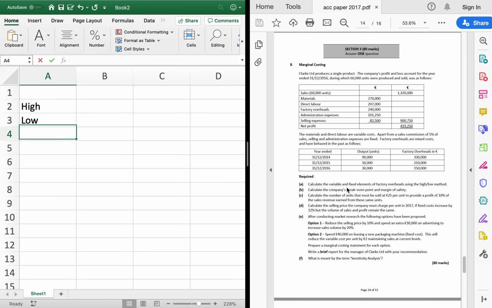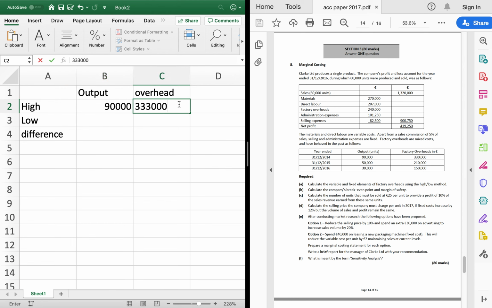So the high-low method is high-low and difference, and it's used as a simultaneous equation around units in euros. So we go output and overhead in euros. We just pick any two levels of these. It doesn't have to be the highest and the lowest. It can be any two. So I'll just pick the first two. We'll go 90,000 units, and the overhead at 90,000 is 330,000. And the overhead at 50,000 is 210,000. So the difference between the two of those is 40,000 and